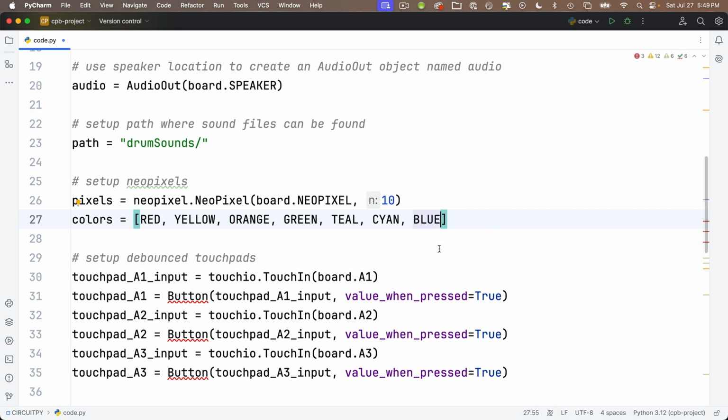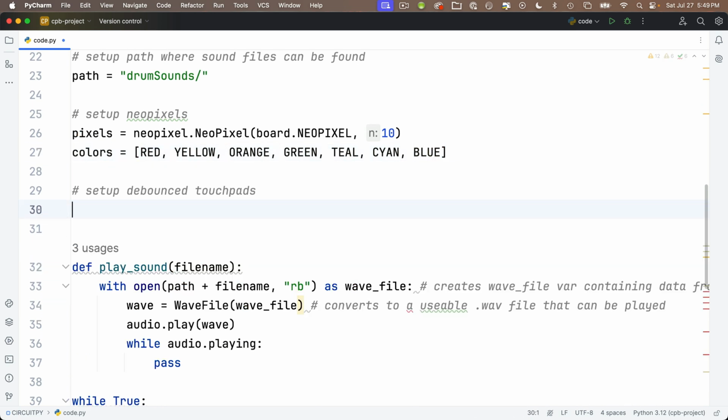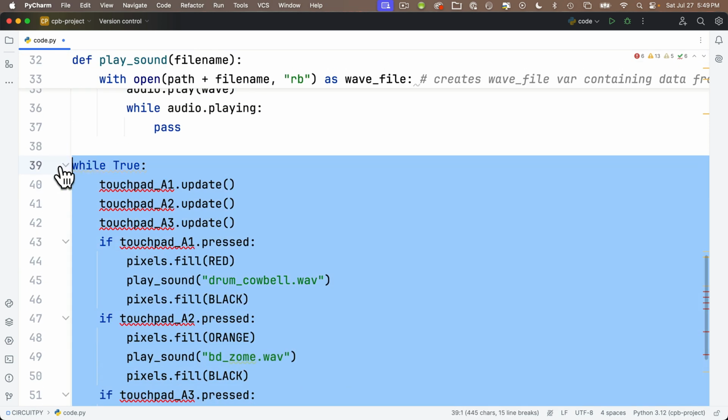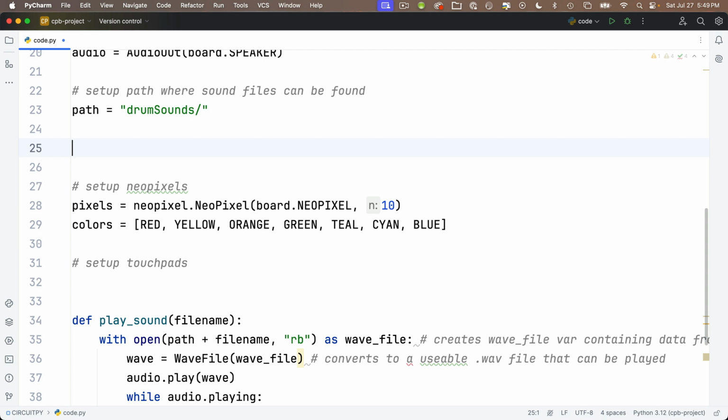Now I'm going to set my touchpads up an entirely different way, so I'm going to delete the code for setting up touchpads here, and my while true is going to be different, so I'll delete that code as well. And before we set up the touchpads, why don't we read in the drum samples? So the challenge said that you should create a list named drum samples, so we'll set that equal to square brackets. And so I don't have to type in all the names,